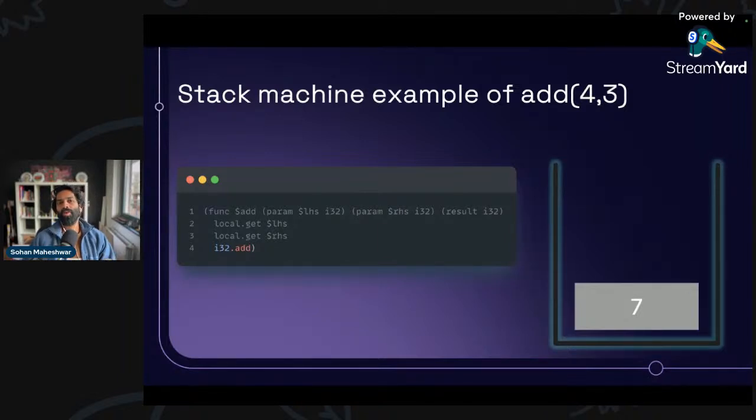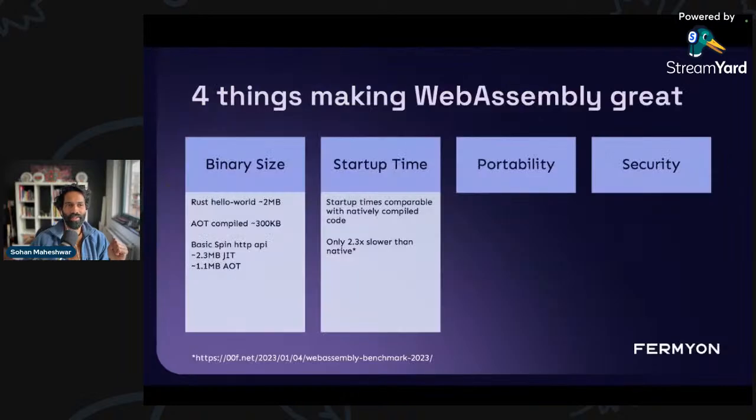Now, how WebAssembly essentially follows this is it uses a just-in-time compiler, right? The just-in-time compiler transpiles this into a different intermediate format that is then optimized further based on the target. So you're essentially mapping this to a new representation, and then you're doing a JIT compile, or just-in-time compilation, which is one of the reasons why it is so performant. So that is the reason why things like startup time can give you near native performance.